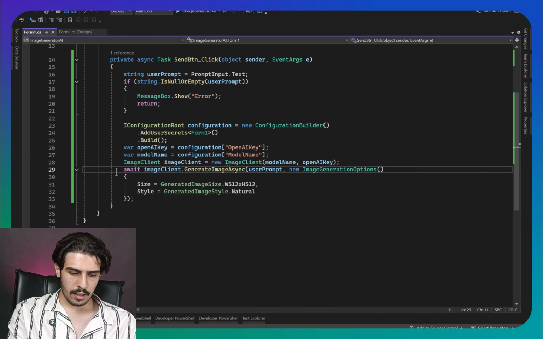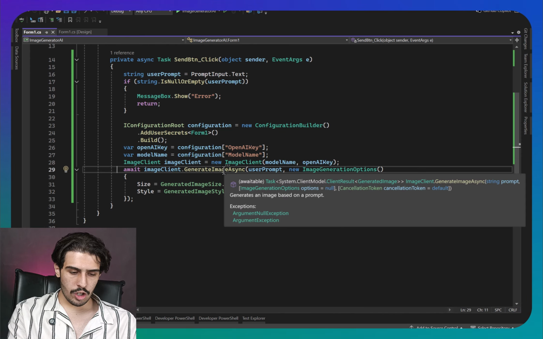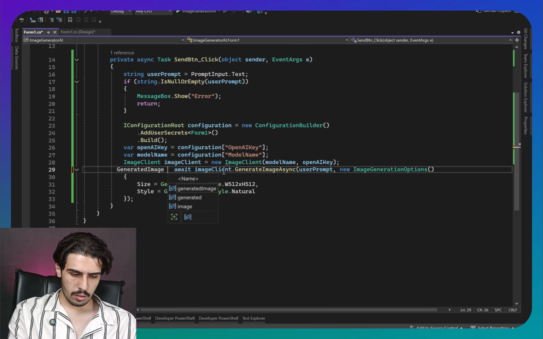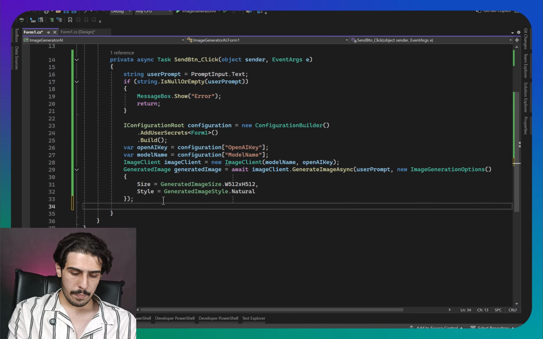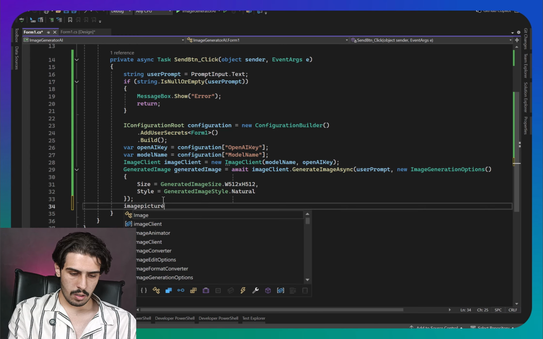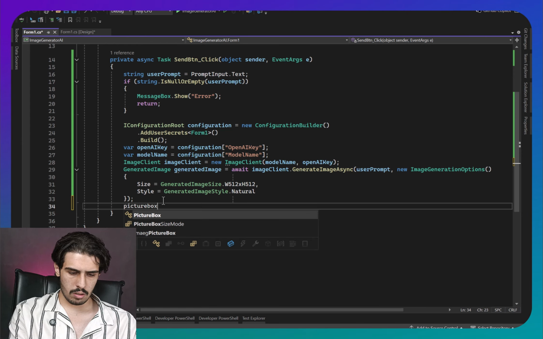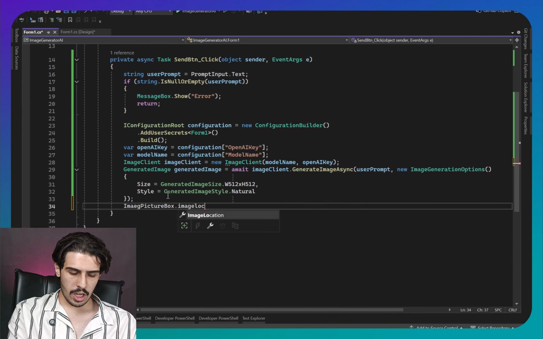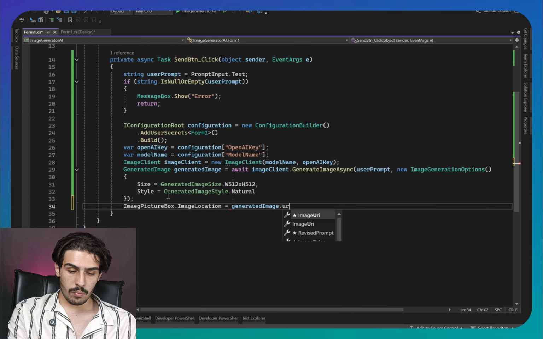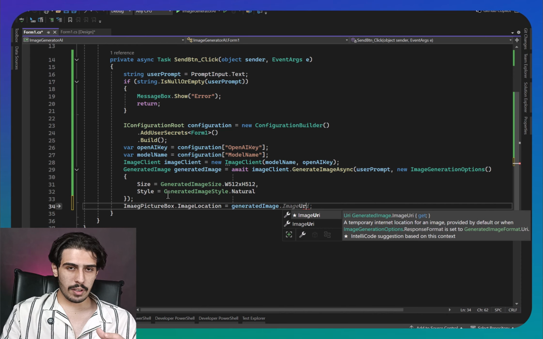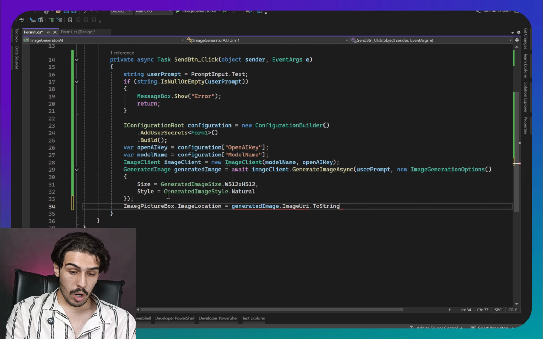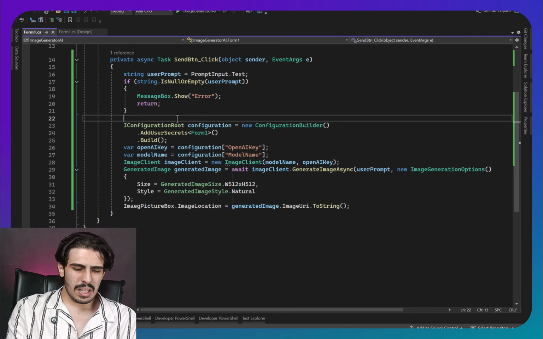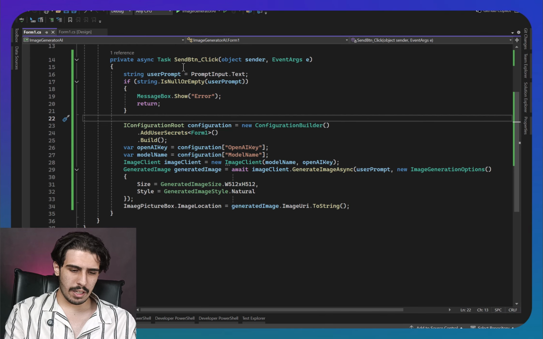So what is the result of that? It returns a generated image result. I'm going to say generated image equals this one. Now I'm going to say image picture box. Okay. Oh, I had a typo in that. That's why it doesn't show me. That's image location equals generated image dot image URI. This is the URI of the image, which is saved on the OpenAI website. So I'm going to say image URI dot to string, and just to make it a little more user friendly, here I'm going to say